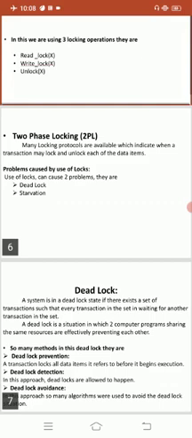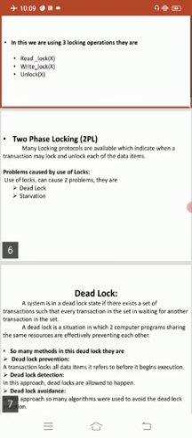So I will take one example, Ti and Tj. For each transaction, when a transaction Ti requests a lock on an item, say X, which is held by some other transaction Tj, a directed edge is created from Ti to Tj. If Tj releases item X, the edge between them is dropped and Ti locks the data item. So that is called deadlock creation, and a deadlock situation will be created. Fine.